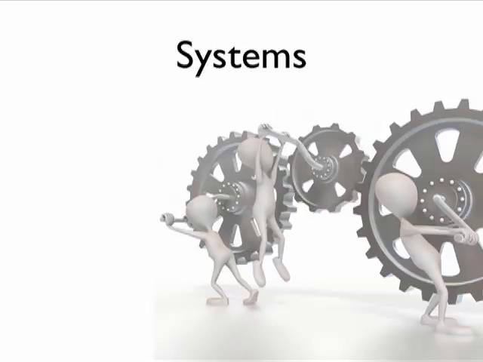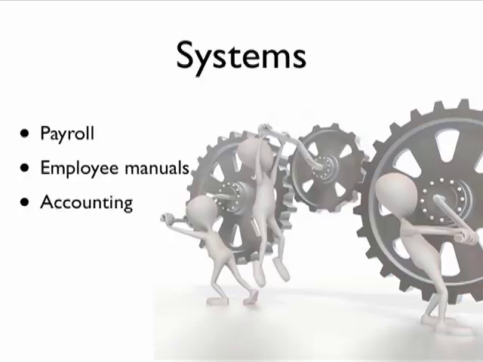In fact, the more systems that you can implement in your business, the more solid your business becomes. Now, you maybe haven't thought about your advertising or your marketing efforts as a system, but here are a few examples of systems that you probably already have running in your business right now. Payroll is a system in your business. Employee manuals. And even if you don't have specific manuals, you have rules for your employees, and those are systems as well.